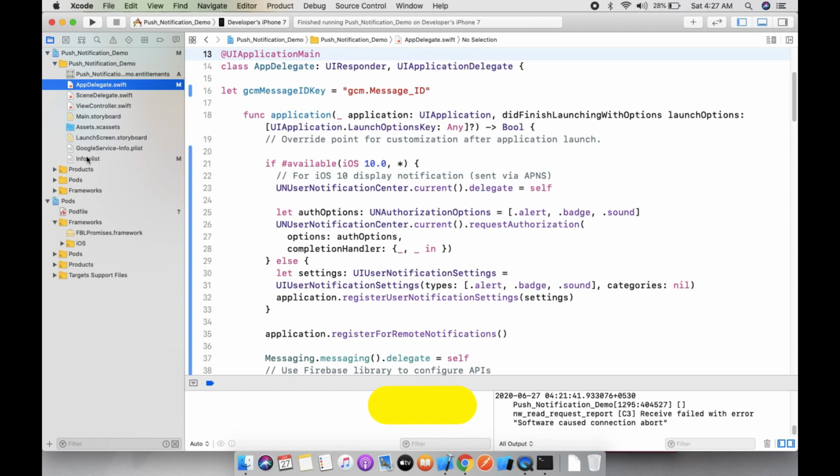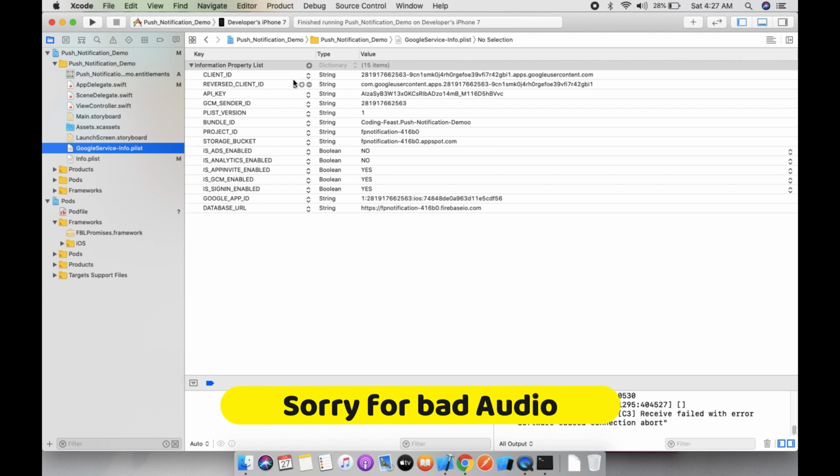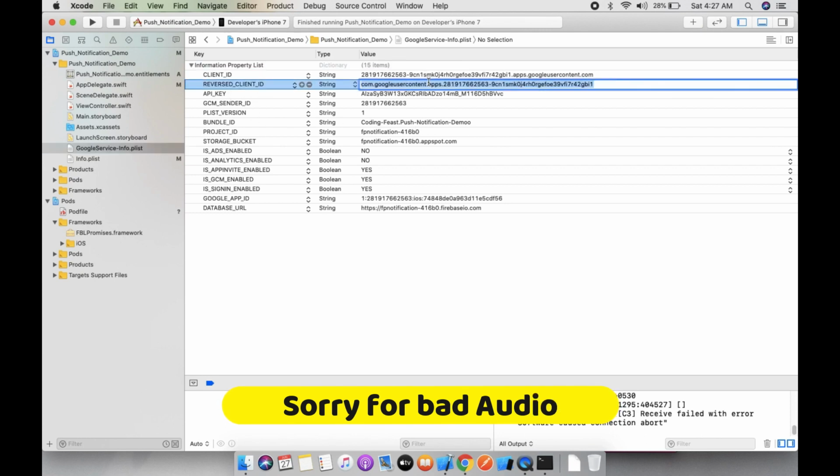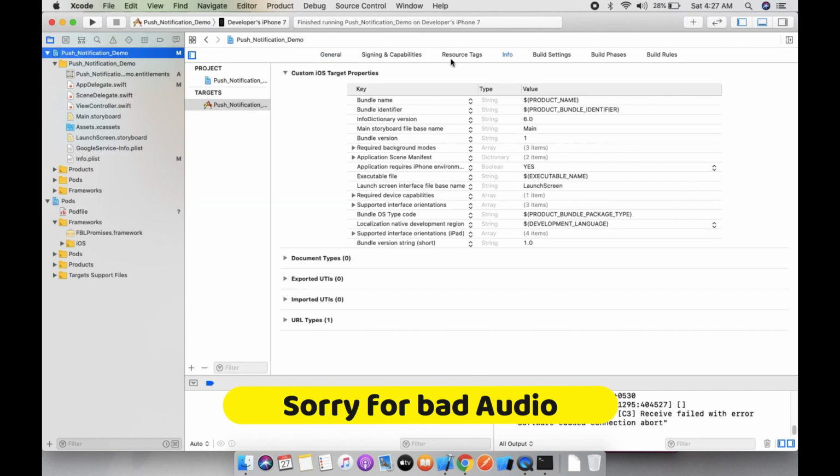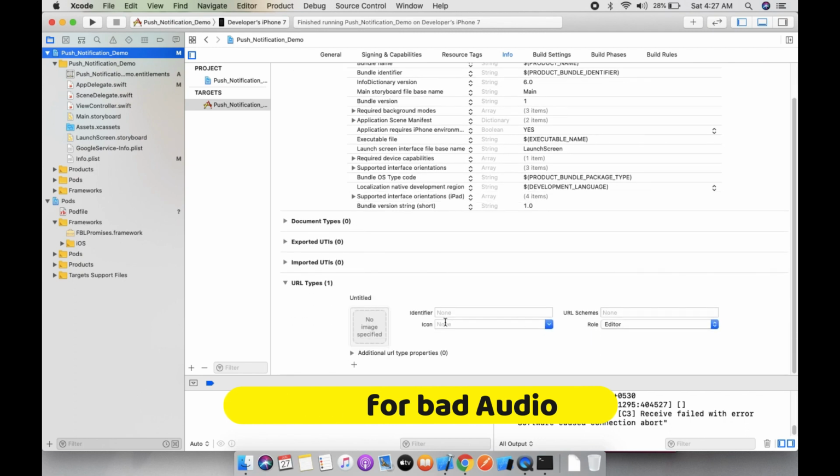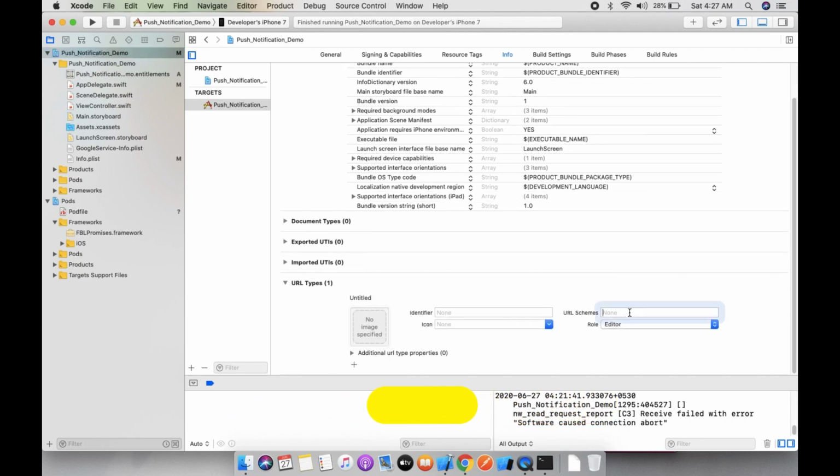You can click on the GoogleService-Info plist, and here you can see the reversed client ID. You can just double-click on it, copy this, go to your Info section, click on URL Types, and in URL Schemes you can paste it here.